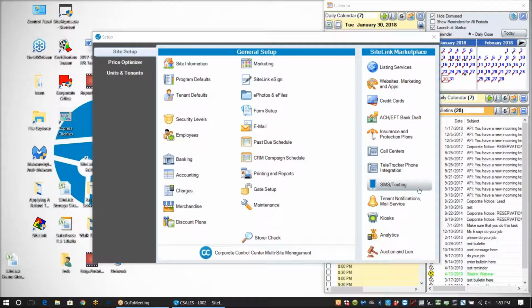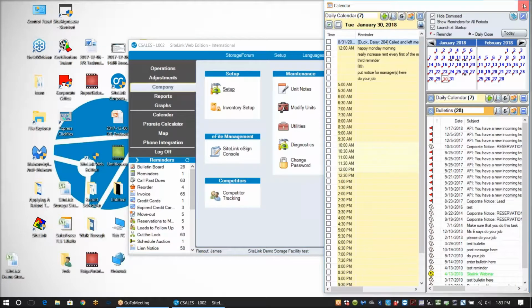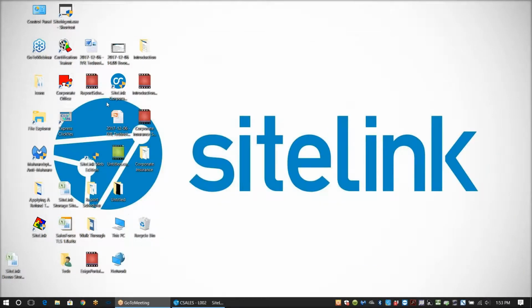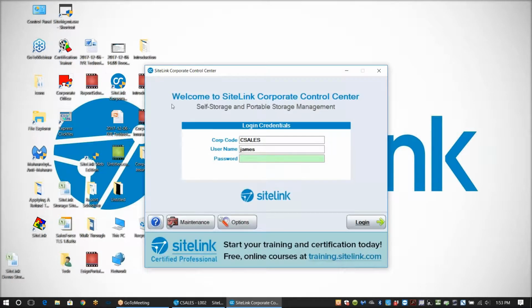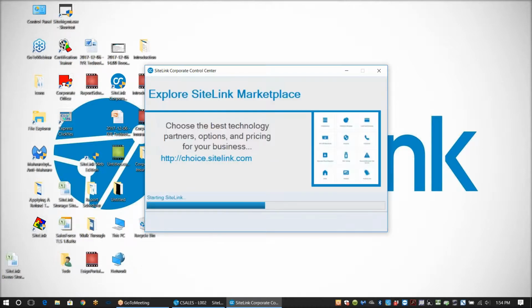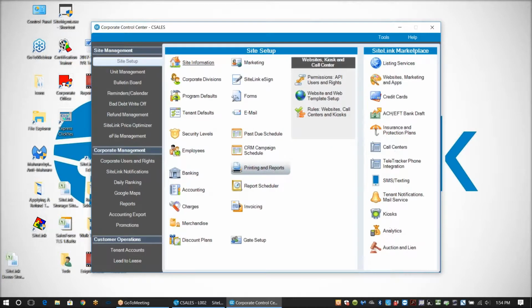Definitely. So, of course, you can certainly go in site by site, like we've talked about in previous videos, to edit your text messages. We do have a great part of the SiteLink program known as Corporate Control Center. So the Corporate Control Center is a way to oversee multiple aspects of different site locations from one central area. This would typically be for owners, regional managers. You can log in with a separate code to log into your Corporate Control Center and overview basically all aspects